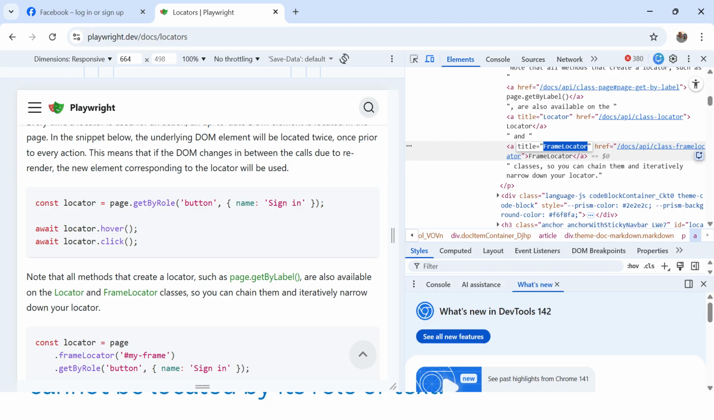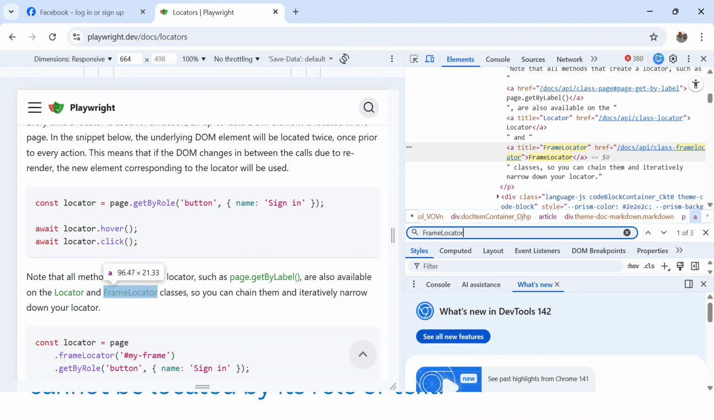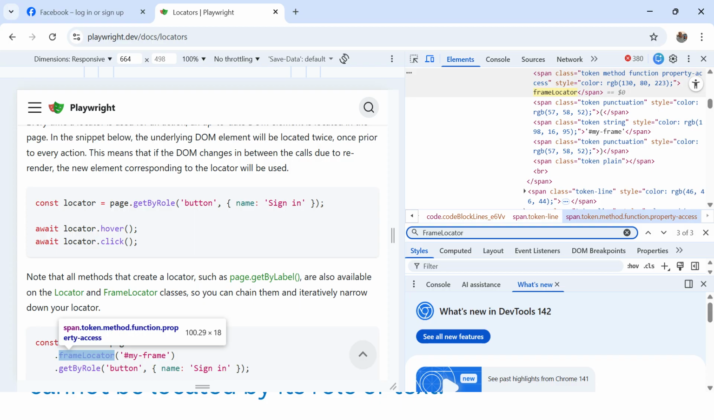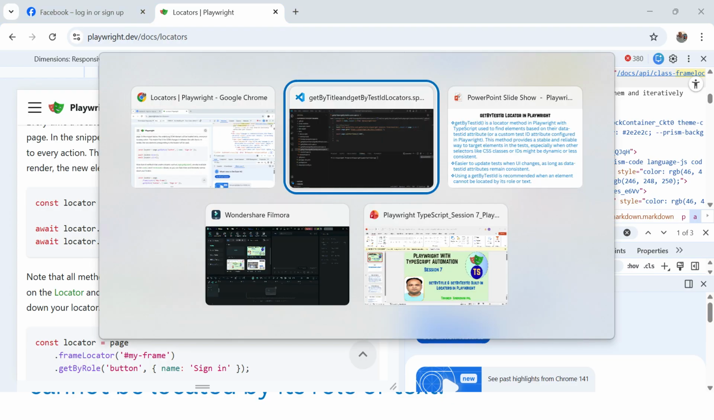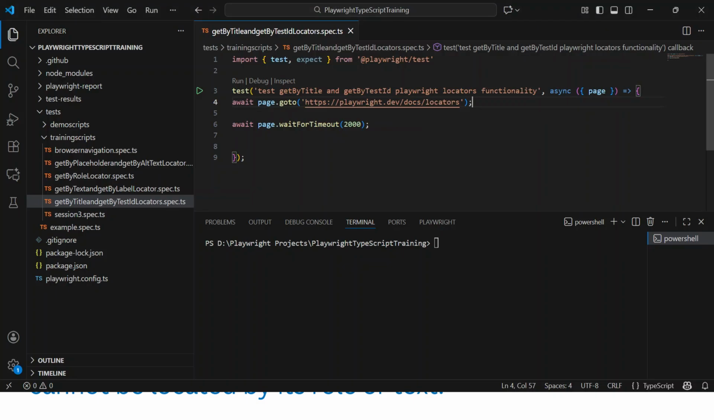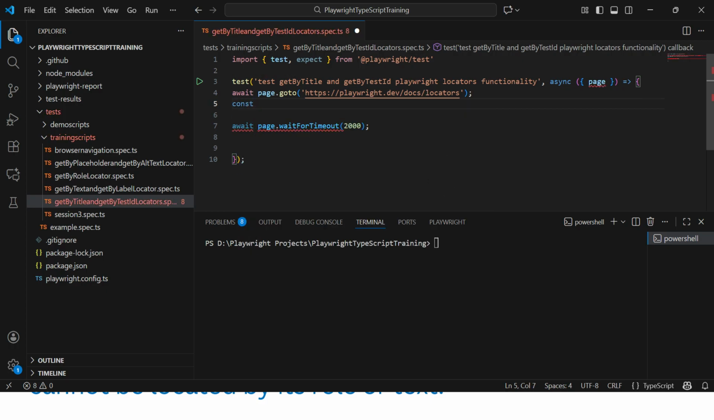So let's copy it, Control C, and press Control F, and let's give it here. You could see one of three elements is matched, that is fine, but title equal to frame locator is only in one place, out of three. So that means the title is unique only for this frame locator element. So after opening the page, I can store the locator in some variable. So const, and what is the name? frameLocatorTitle. This is the variable name I am giving,